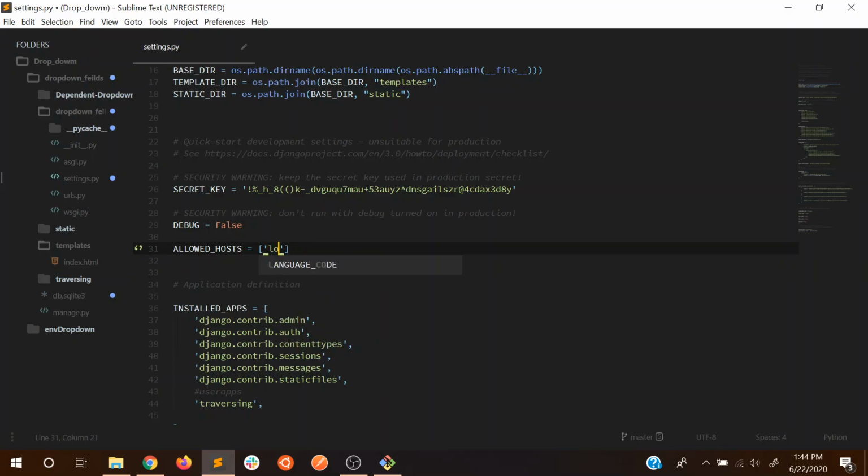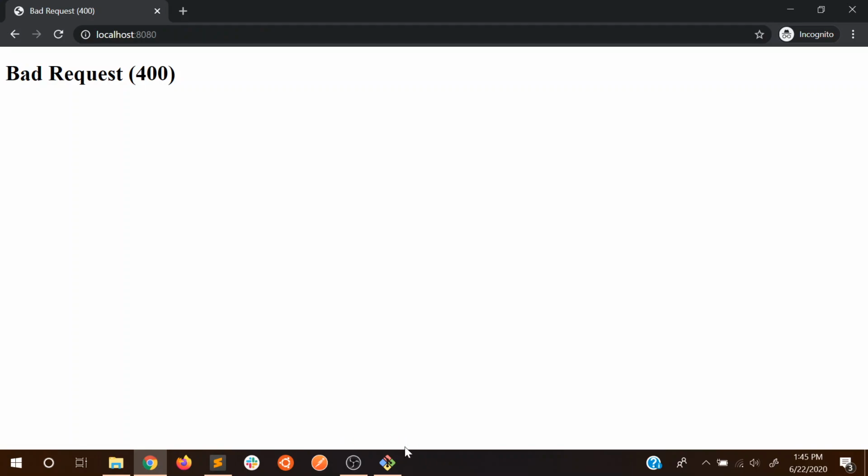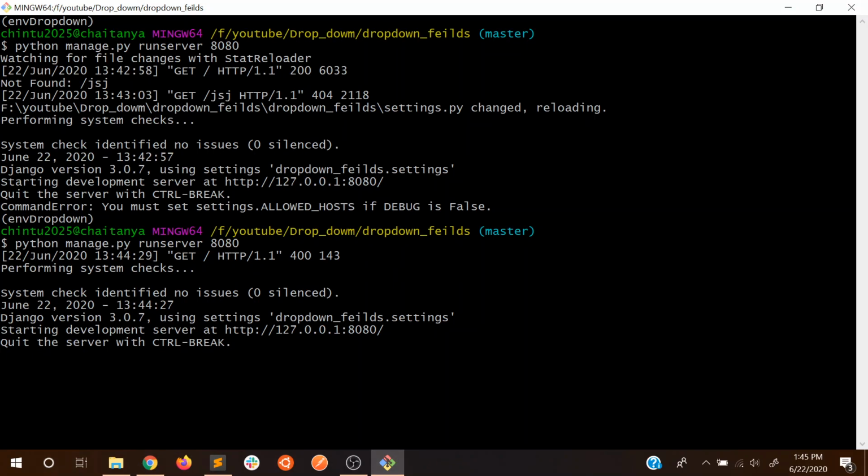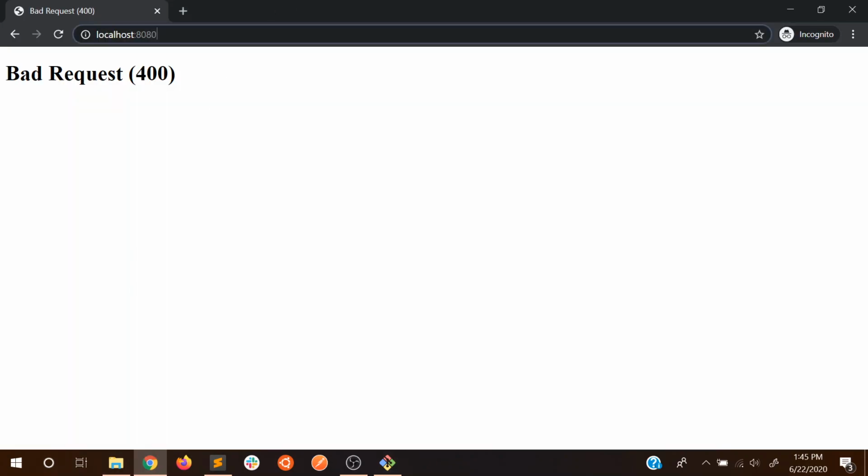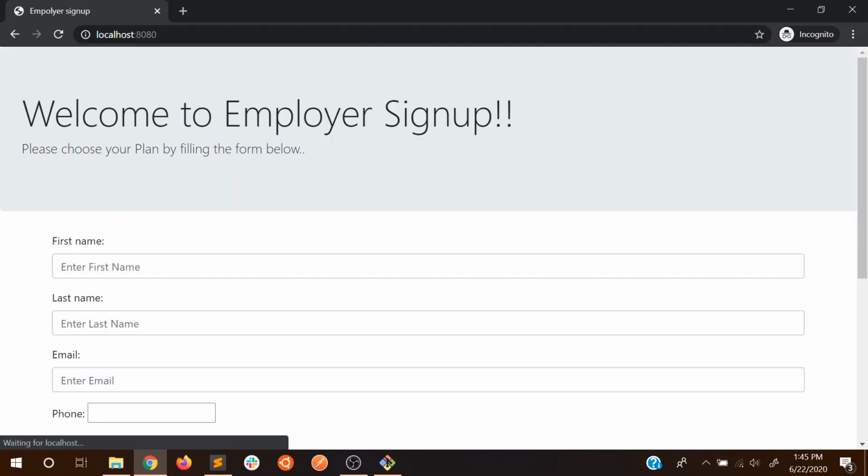You are able to see the project. Localhost and save, and try to... yeah, my server is also running. Try to go here and try to refresh it. There you go. You are able to access the project by adding localhost, and you can also